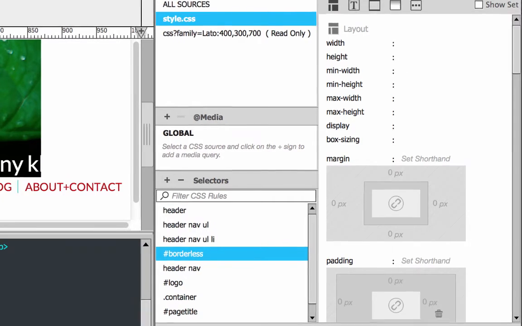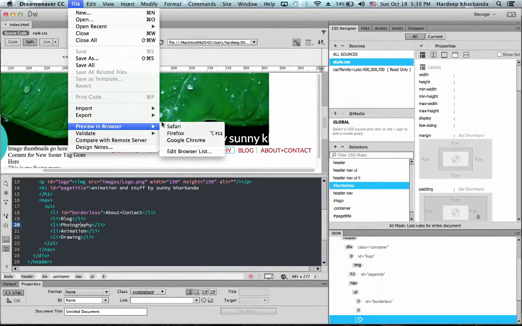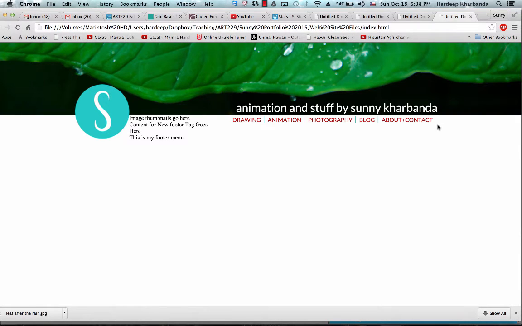Let me show you in the browser. Now I don't have any right side border. I have some extra space on the right side of my menu. I want my menu to line up with the right side of my name. So here's what I'm going to do. I had added a right margin to my menu. So I'm going to clear that just for this right side menu item, the one that says borderless.